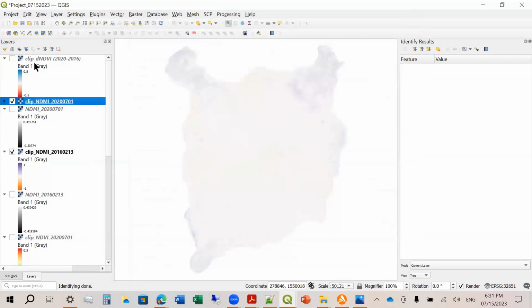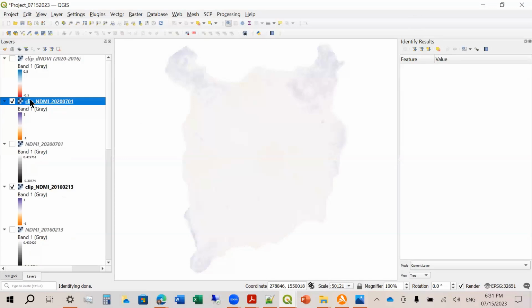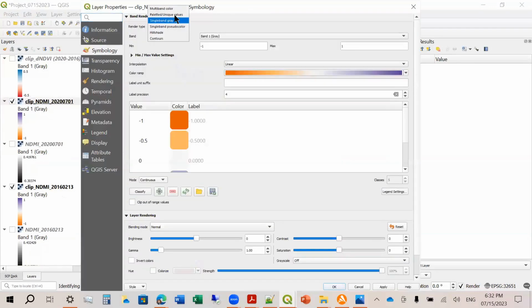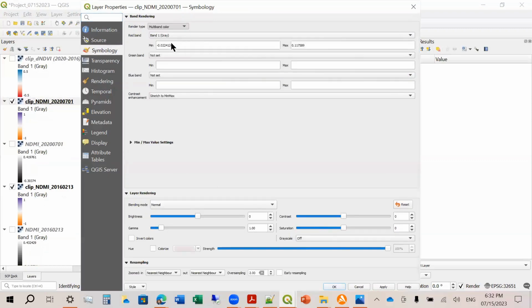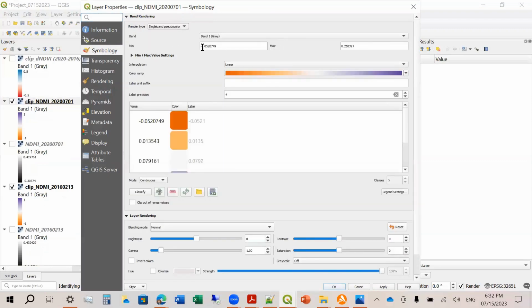Okay, so you notice here, this is the differences. What you will notice is if you look at the minimum and maximum, it's very low for 2020. So you can readjust these values.